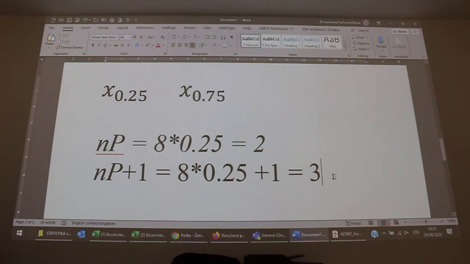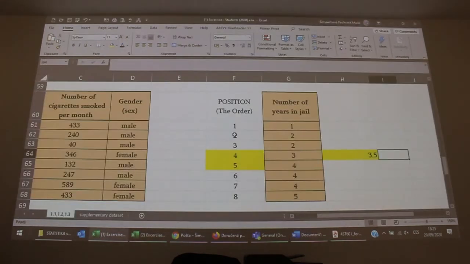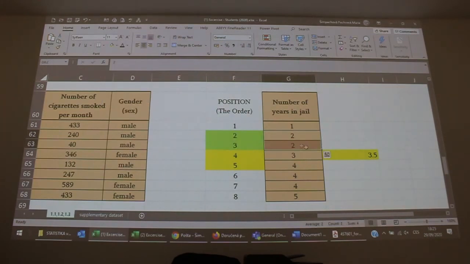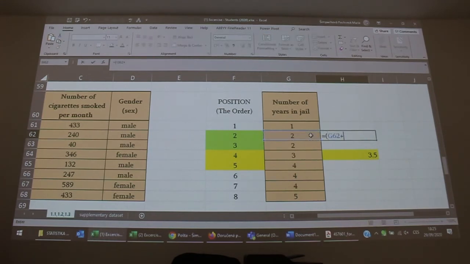So the first quartile, yes, is placed between the second and third position. Yes, second and third position. So between this and this position. Yes. So between 2 and 2. What is placed between 2 and 2? 2. Yes, of course. If you calculate equal sign, 2 plus 2 divided by 2, yes, the mean, the average